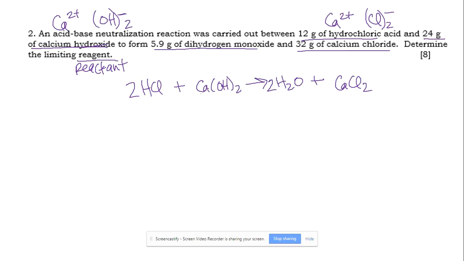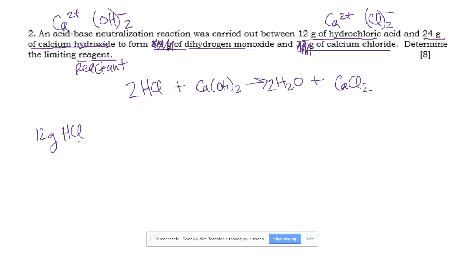Next step is to look at my givens. I have given of this reactant. I have given of this reactant. Given of this product, given of that product. Can my products be a limiting reactant? No. So all this information, totally extraneous. You don't need it. It's there as a distractor. Ignore it completely. What we are going to do, though, is turn the grams of our reactants,